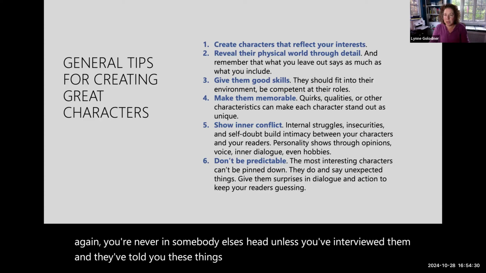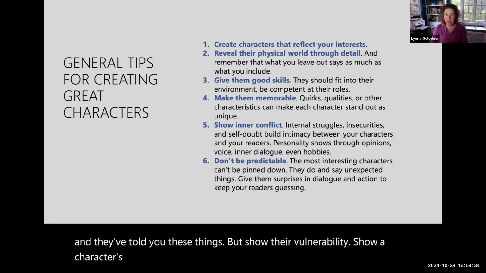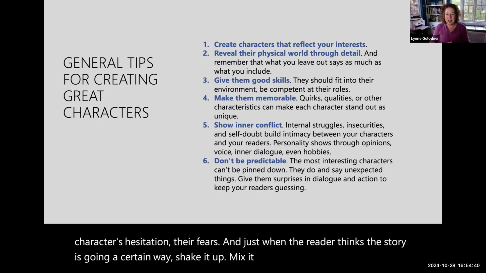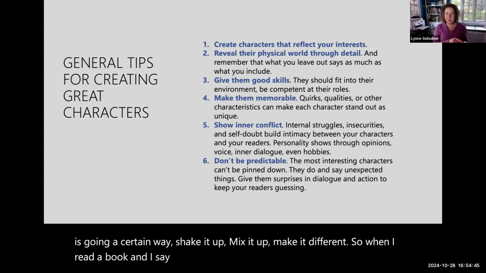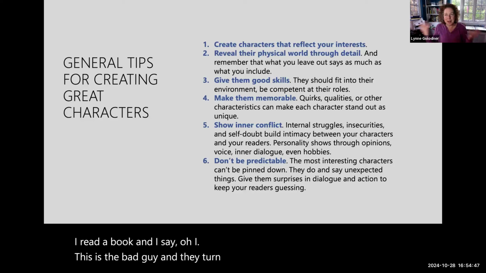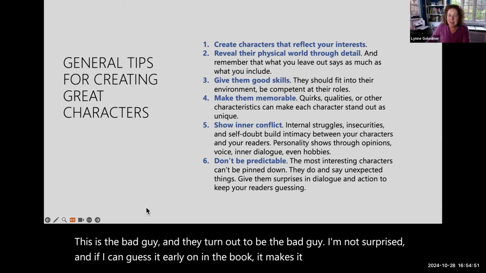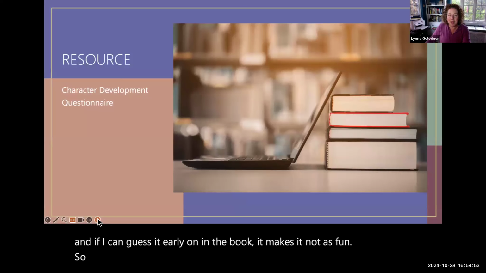But show their vulnerability, show a character's hesitation, their fears. And just when the reader thinks the story's going a certain way, shake it up, mix it up, make it different. So when I read a book and I say, oh, I bet this is the bad guy, and they turn out to be the bad guy, I'm not surprised. And if I can guess it early on in the book, it makes it not as fun. So keep your readers guessing.